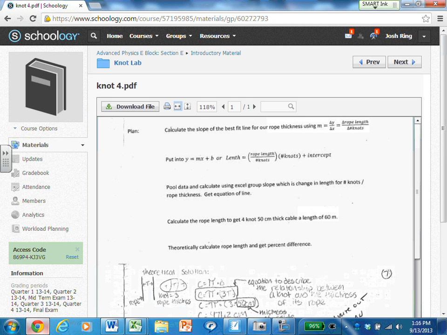Percent error is a comparison of one value that you calculated or came up with against a theoretical value or a known value sometimes. In this case, it's sort of like a known value, but there are limits to the theoretical calculation too, because of the shape of the knot. Percent error, ERROR. Okay, so